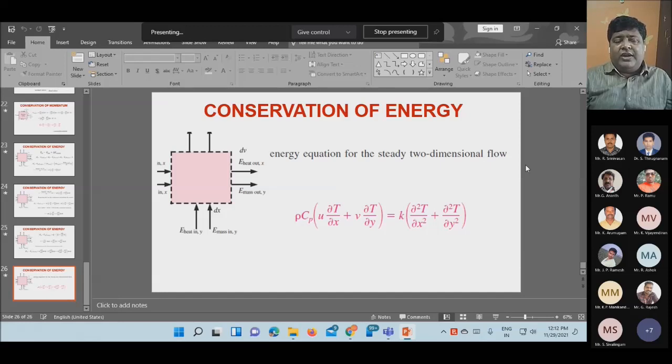Later on we found out that H does not depend only on velocity. It depends on the flow property, the flow geometry, and the fluid properties: dynamic viscosity, density, specific heat, thermal conductivity. It depends on the flow velocity V and on the geometry, whether it is diameter, whether it is flowing through a pipe or over a flat plate, the H value changes.